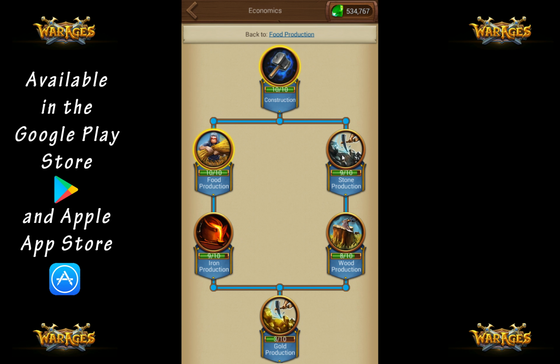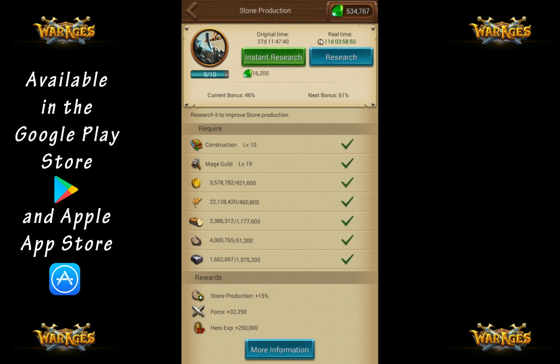Alright, so let's go in here and let's start another research. So you can see how researches have a timer. This is the original time, and this is after my hero buff, my hero skills take effect. So you see how it's lower? So if I hit research,